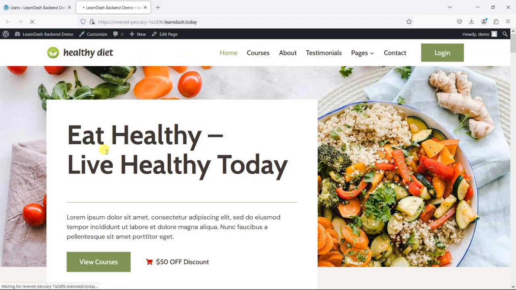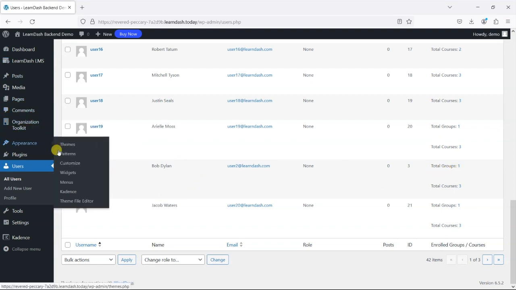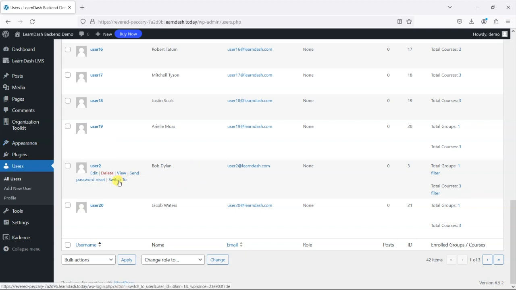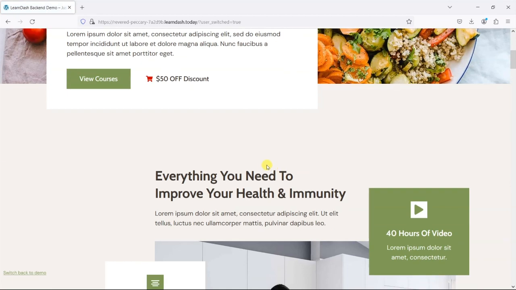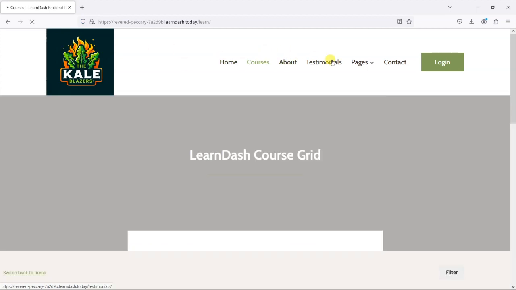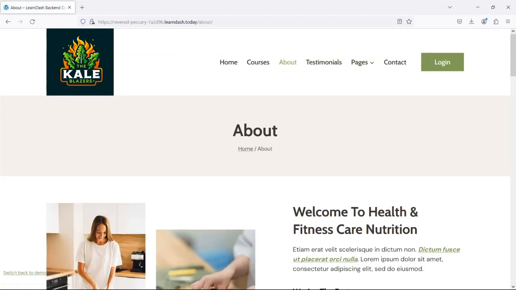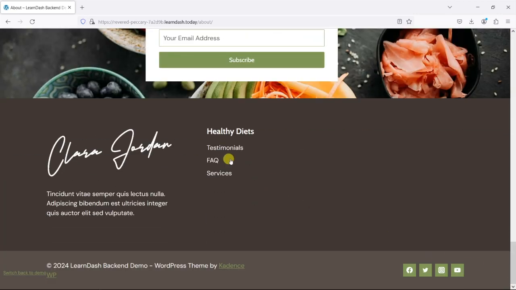So just to refresh, normally people see this logo at the top, but Bob Dylan being part of the Trailblazers group, which is part of the Trailblazers organization, should see a different logo. So if we click on this switch to here, what it'll do is log us in as Bob Dylan. And what we can see here is that we're now seeing the Trailblazers logo, and that is carried through all of the site. And the CSS that I added there, it might have appeared here at the bottom possibly,